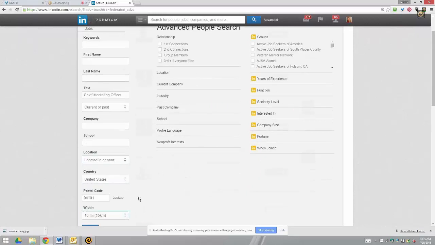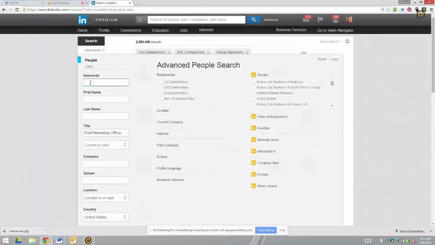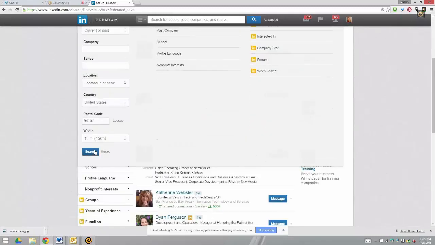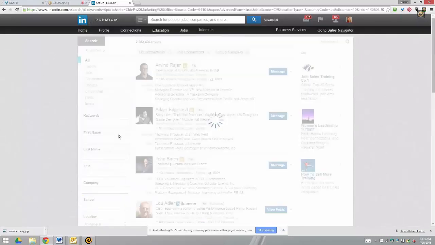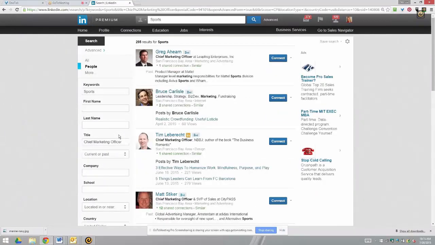So I'm going to type in a zip code in San Francisco, and I want to look within 10 miles. Now, the industry that, for example, I'm focused on is the sports industry. So let's just use the keyword sports. Again, going back to the title, I'm trying to find a Chief Marketing Officer in the sports industry in the San Francisco area. That's what I'm looking for. So I'm going to click on search, and so far here's 295 results for